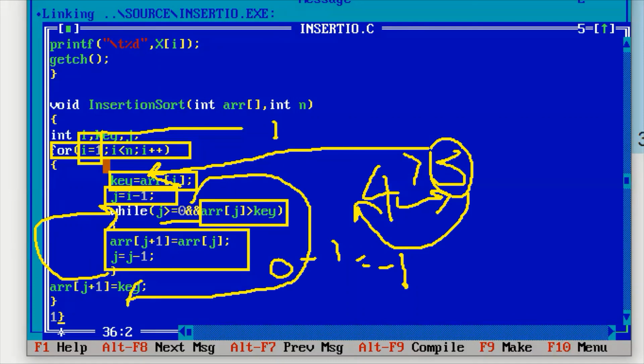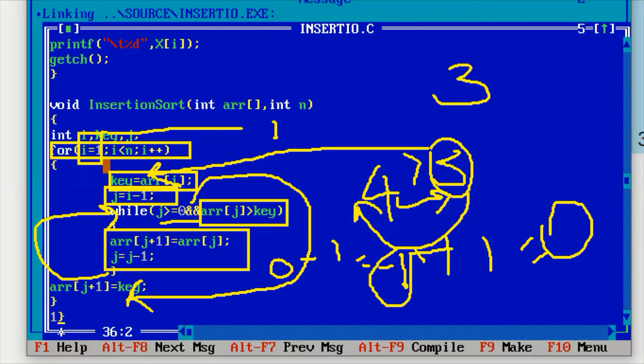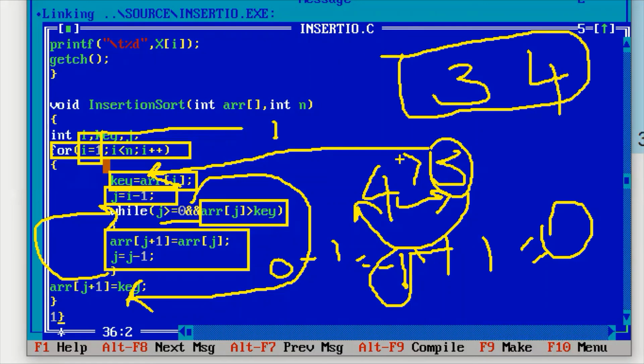Outside the loop, the statement is a of j plus 1. j is already minus 1. Minus 1 plus 1 will become 0. So array of 0 will be key. In the key, we stored element 3. So immediately 3 and 4 are obtained. This procedure only we discussed.